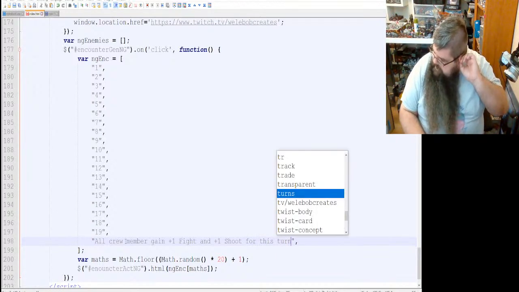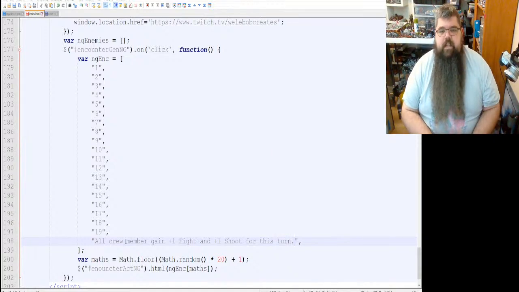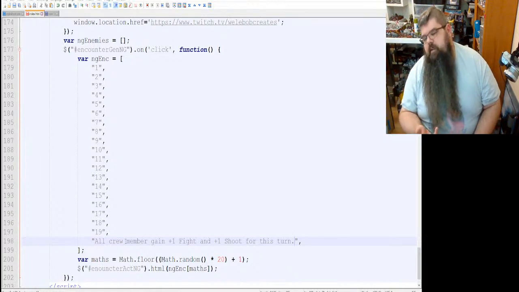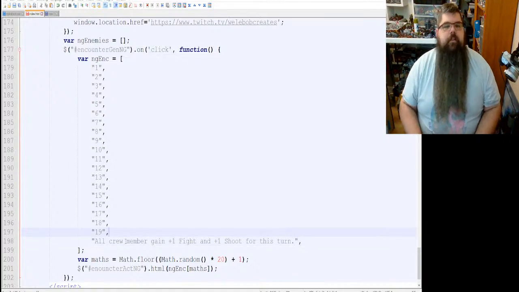So one of the problems with the encounter tables in the Quarantine 37 book is that they're pretty much entirely negative. There are no positives in it. And when you're rolling against something that's entirely negative, it actually produces a punishment feedback loop, and I want to avoid that. I want to make sure that you have an option to get something good. So 15 through 20 are going to be good things. 5 through 1 are going to be terrible things. And then the 10 options in between are going to be just stuff that happens. All right, so we're going to try to block those out.